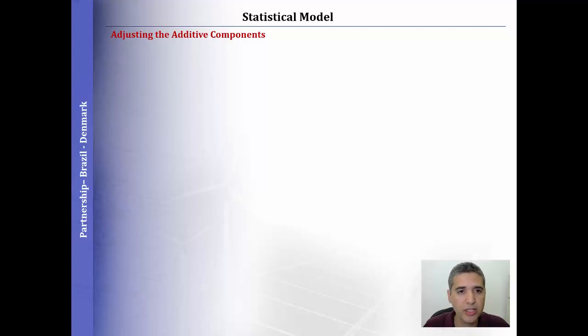So the main objective is to make the sum of the index seasonal additive components equal to 0. This is the idea. We know that now they are different from 0. And to make this expression true,